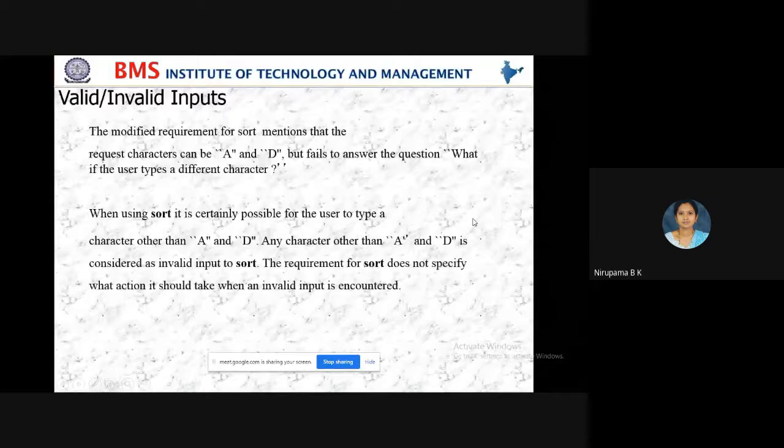Yes, students, in last class we have seen valid and invalid inputs. Ma'am, can you explain that again? I'll explain.